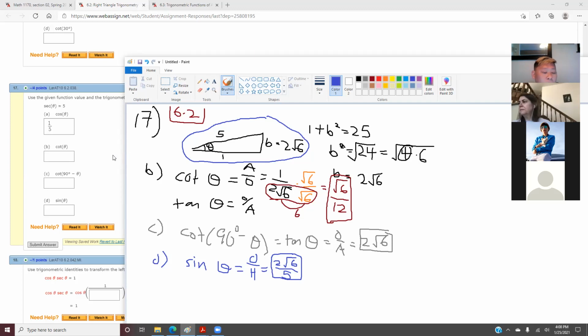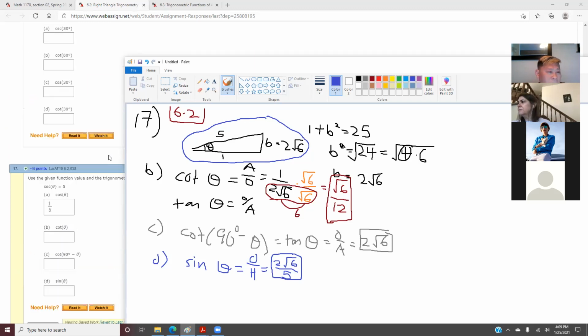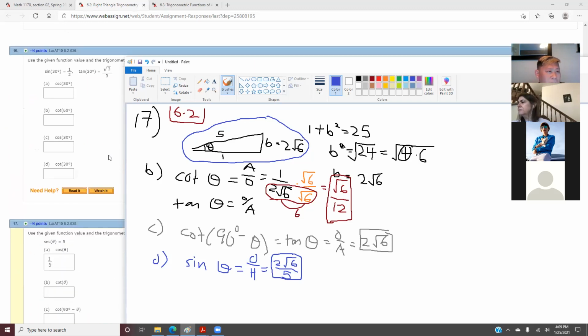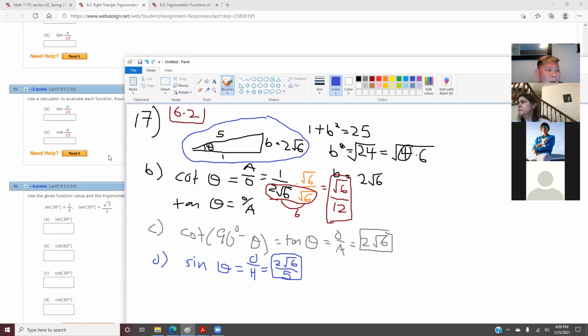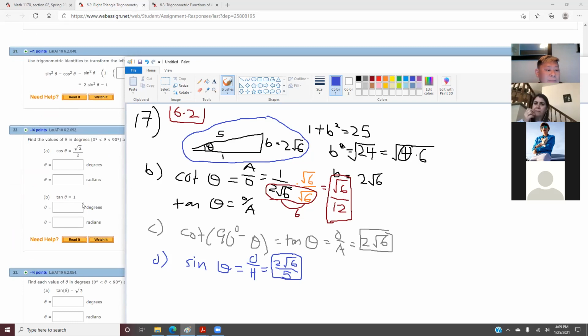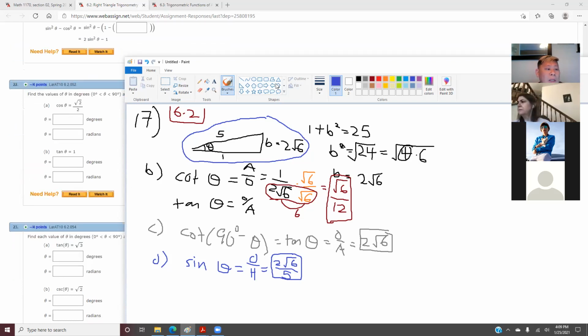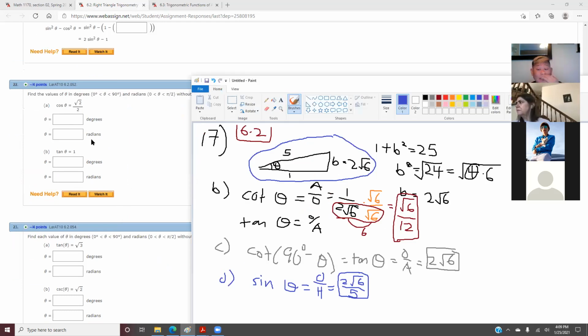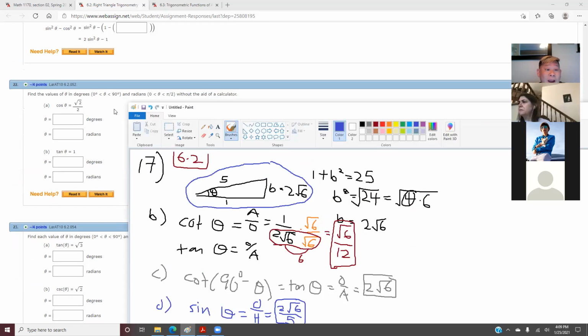Or some questions that ask you to find the pi radians or the degree. Is it okay if I remember the unit circle instead of showing my work? Like what kind of questions? Like this 22. Yeah, like find a, yeah, that one. Like this one. Yeah, you can use a unit circle approach, but this is very, very important because